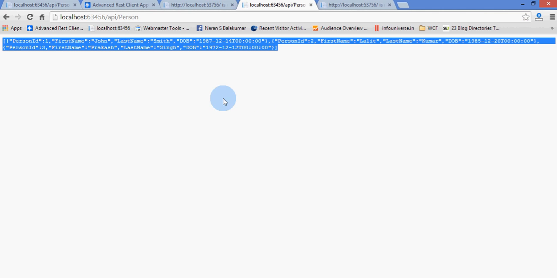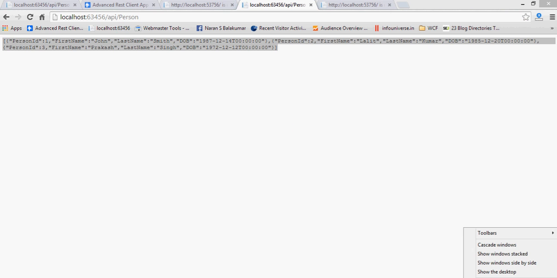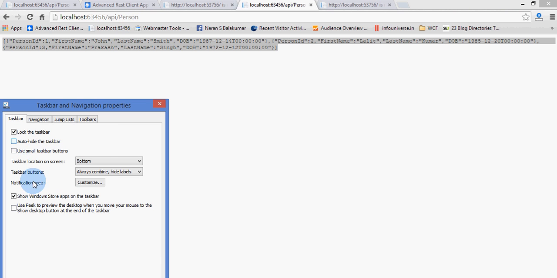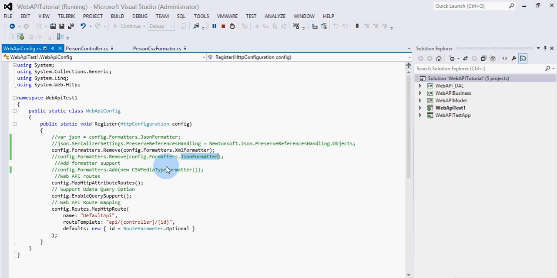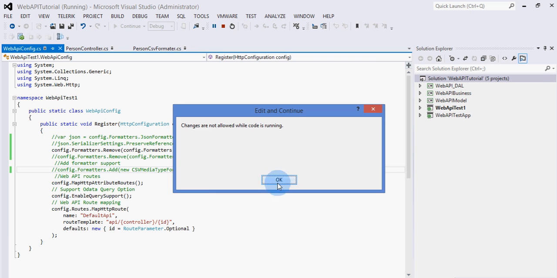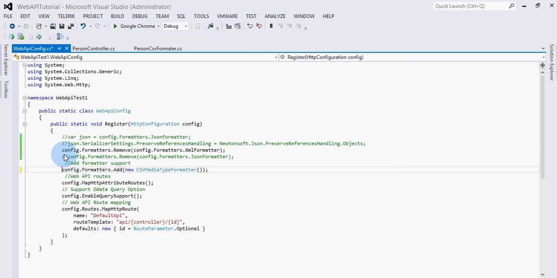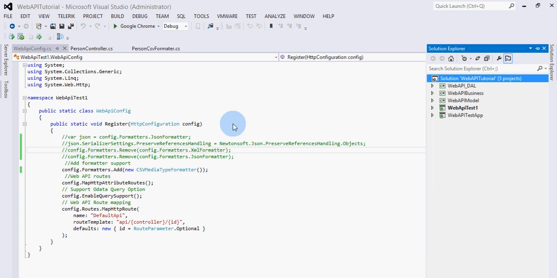Why is it returning JSON? Because I have commented out the formatter. Which formatter did I comment? I commented this CSV media formatter. Now let's enable it, and then disable the XML formatter here, and this time again I'll build it, and then we will try it from Google